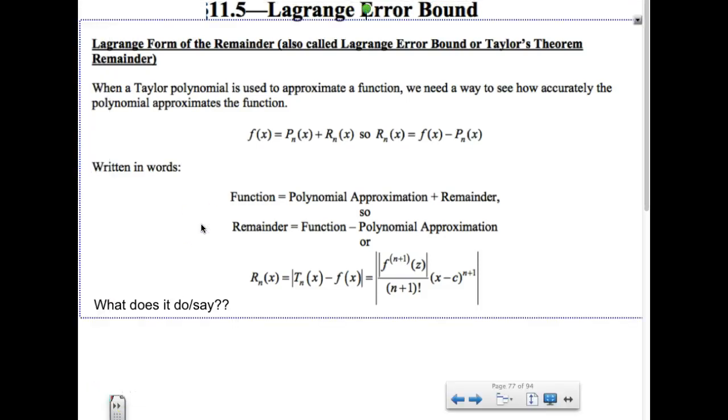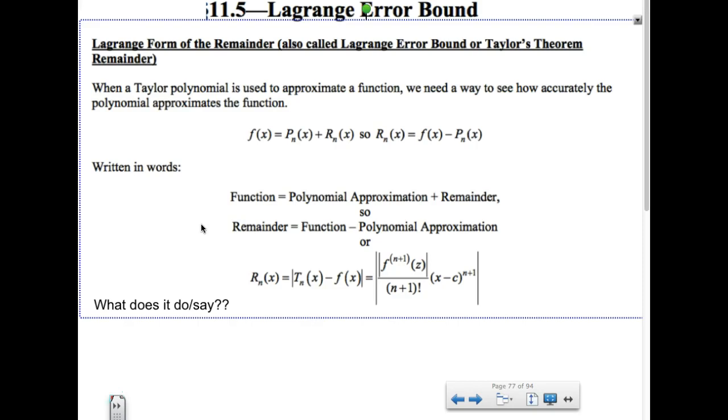These are notes part 1 for Lagrange error bounds. It'll be the last day or lesson of new material, so kind of bittersweet. Great to be done, but sad to be done. Anyway, it's just another method for putting bounds on your error that you get when you're using a polynomial to